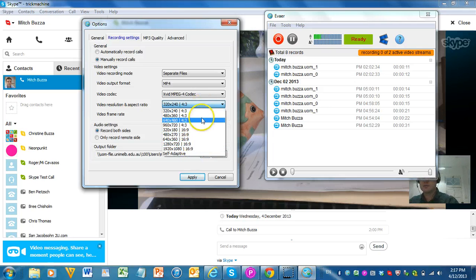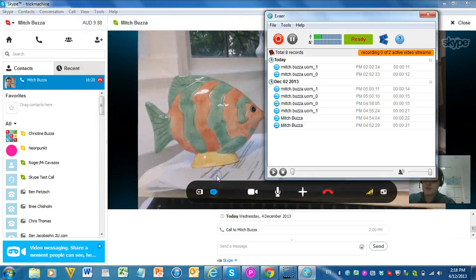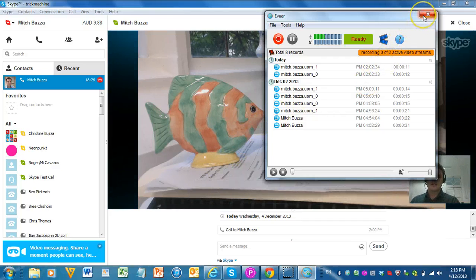You can choose what size to record at, so you can see it goes all the way up to high definition widescreen, or you can choose self-adaptive, which means it will change according to your window size. Here you can choose where to record: both sides, only your side, or only the remote side. And then once again, where would you like to save the files? So pretty simple settings, and they're all really about the call quality and what the software does when Skype starts up and when you begin